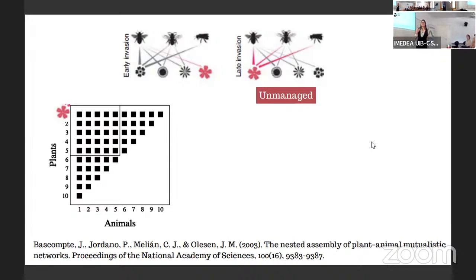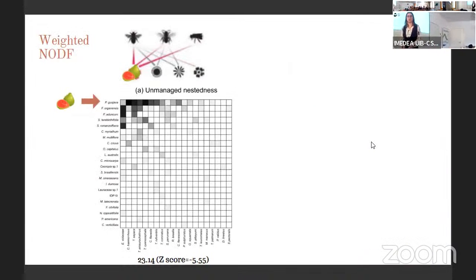They are the species that interact with the majority of the species. For example, this animal interacts with all these plants, and this plant interacts with all these animals. And here we have the specific species that interact with the generous species. Just a brief introduction to explain that if we find this situation, we expected this plant would be here. So now we can look at our results.